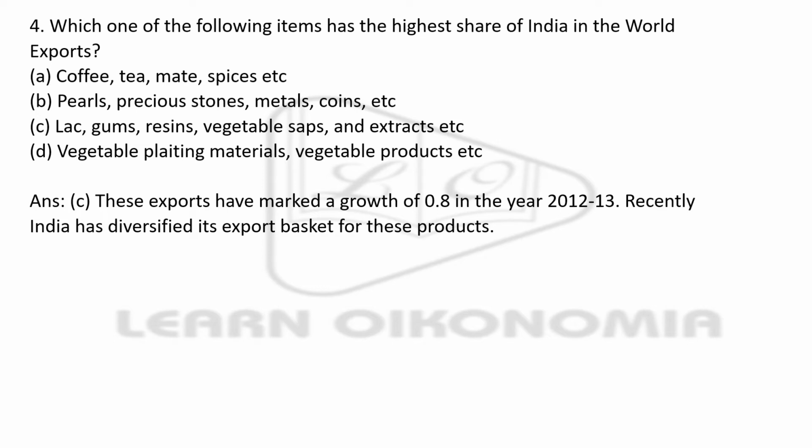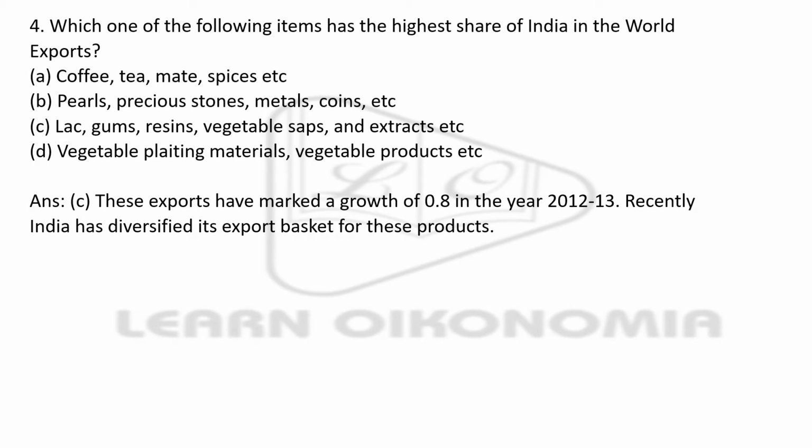It is vegetable plaiting materials, vegetable products, etc. So you have to see that the right option is option C. That is, India is exporting a lot of legumes, resins, vegetable saps, extracts, etc. And it has marked a growth rate of 0.8 in the year 2012-13. And in the case of India, we could see that India has diversified its export basket